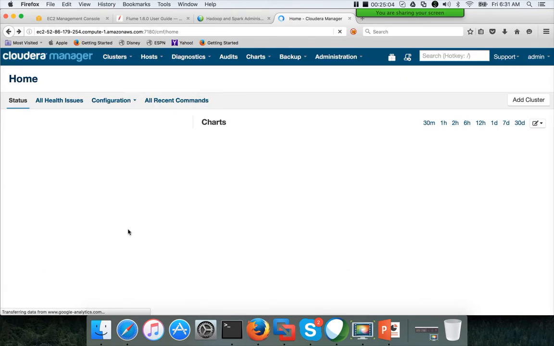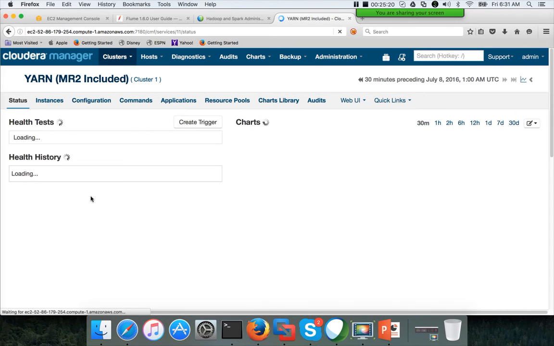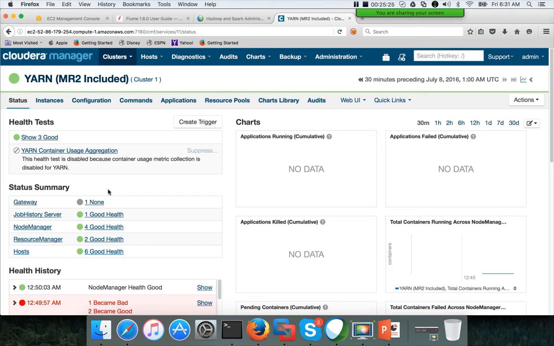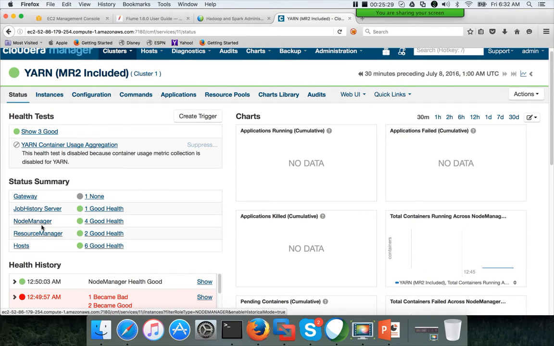Once it is deployed, you will see the components started. Okay, I think one of the data nodes has less storage left, so I will look into that issue later. Once it is up and running, if you are using Cloudera distribution, you will see a section like this. It will highlight what the node managers and the resource managers are.